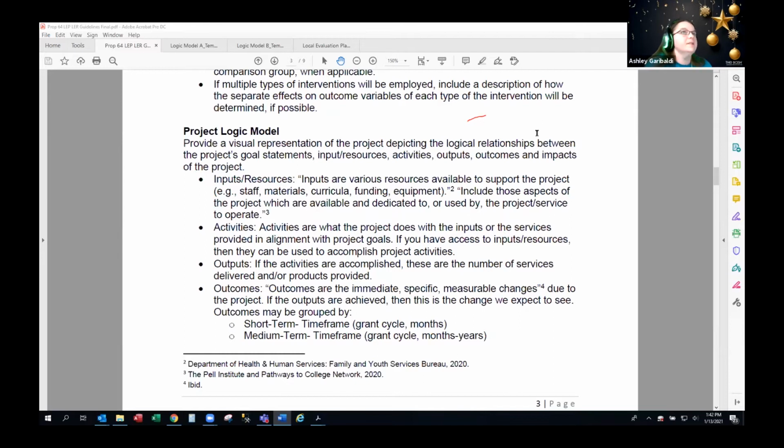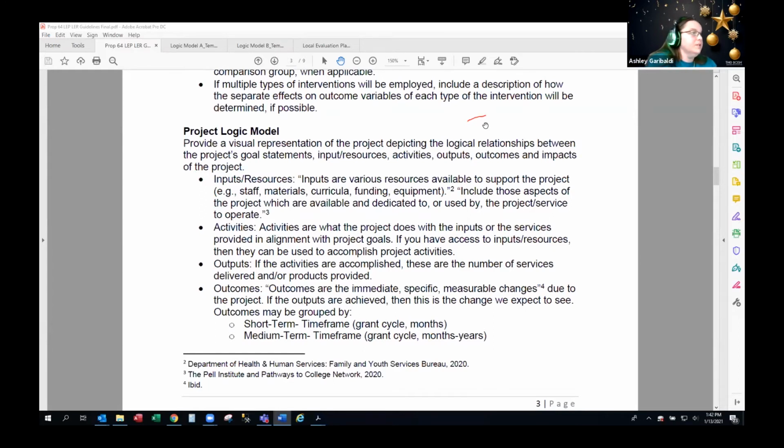As mentioned before, we had a statewide logic model, and that was more for us internally, and then for you all to verify what projects as a whole with the grant money would be focusing on. Now, for this local evaluation plan, you're going to give your specific logic model that speaks to your individual elements. So if you already have a template that your department or program uses, as long as it hits the points I'm about to cover, please use that. If not, we have some templates that you can use, and I'll show those to you shortly.